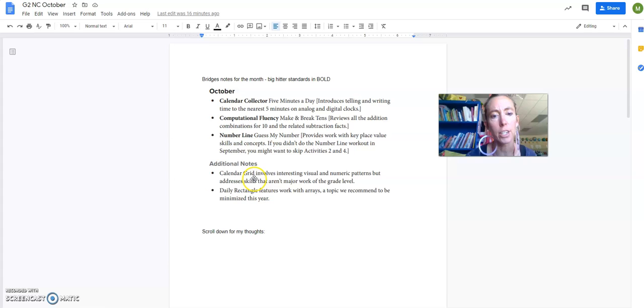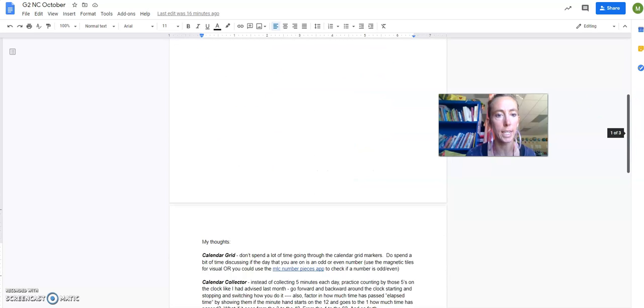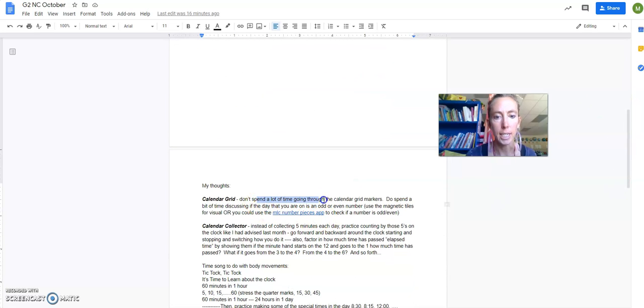If you notice, calendar grid is not one of the bold ones. So that doesn't mean skip doing calendar, but don't spend all your time on those calendar grid markers. Just do a quick, this is what it is, and move on. I will say my thoughts on the calendar grid. If you scroll down, calendar grid, again, I said don't spend a lot of time going through the markers, but